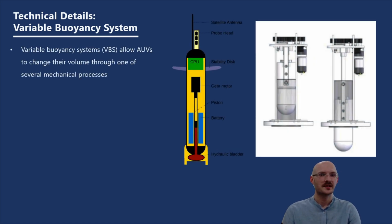So now I'm going to get into a little bit of the technical details surrounding my project, beginning with the variable buoyancy system that I briefly mentioned 2 slides ago. So variable buoyancy systems are what allow these AUVs to essentially change their volume while keeping mass constant. And they do this through one of several mechanical processes. The two most prominent